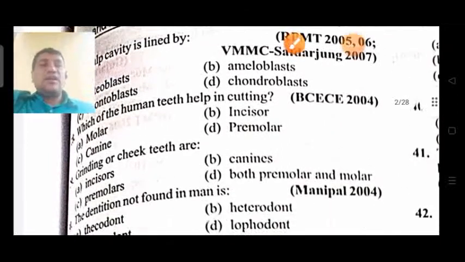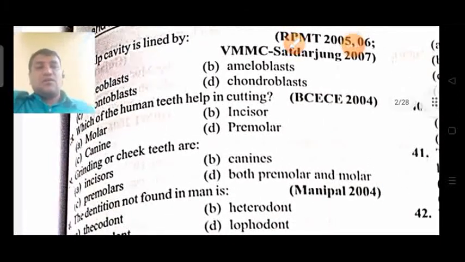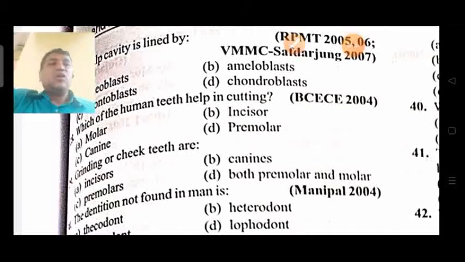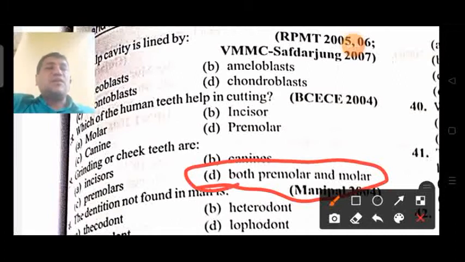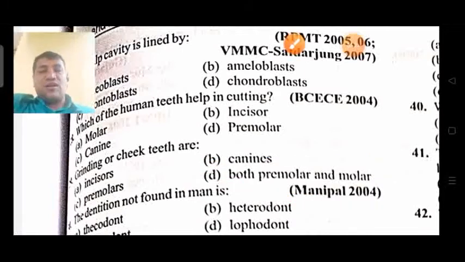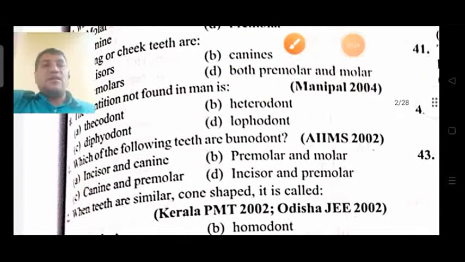Next, 29th question. Grinding or cheek teeth are: incisors, canines, premolars, both premolars and molars. So grinding and chewing is done by the molars and premolars. So we can only go with option D, because those are called the grinding and chewing teeth, also called masticating teeth. Next,